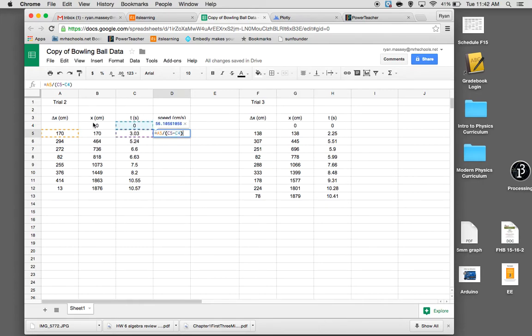I could have subtracted these two numbers to get my change in x, but I don't have to since we already measured it. We might as well just use that value. And then once I have my formula entered correctly, grab the corner here and drag it down. Those are my speeds. And to get acceleration, which will be in centimeters per second squared,